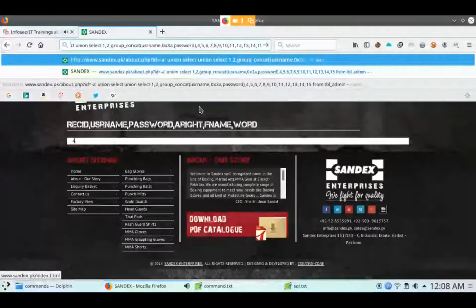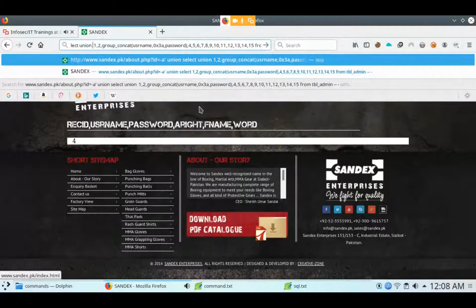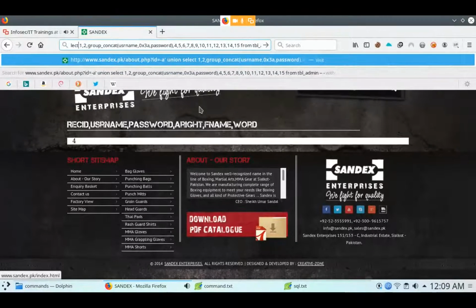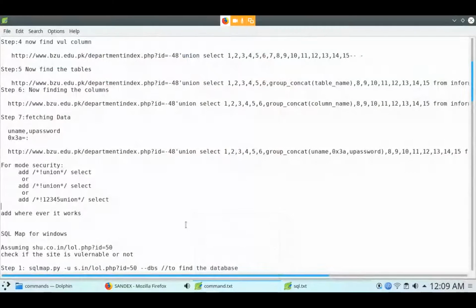27 mod, 20 union mod, that's the command, sir. Where is the mod? I can't see mod anywhere. No, sir, in the text.